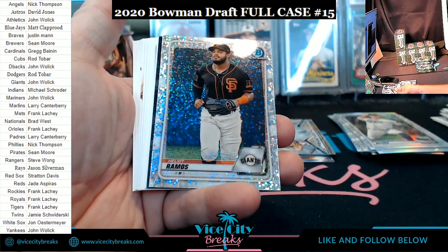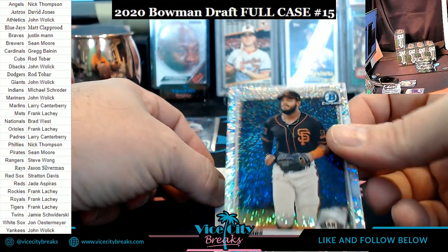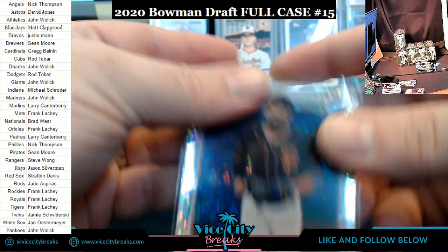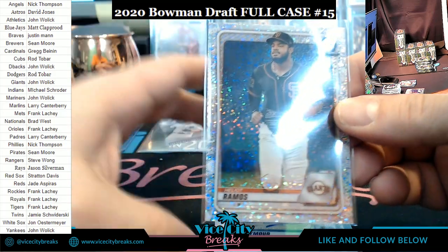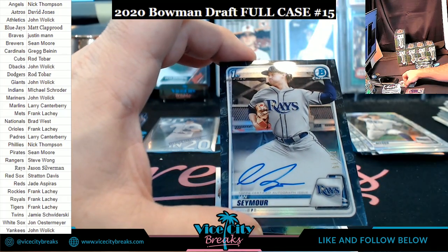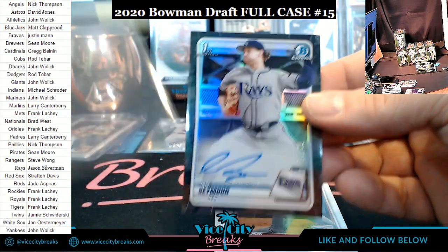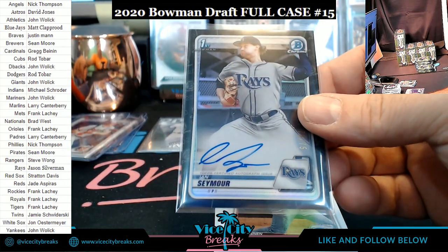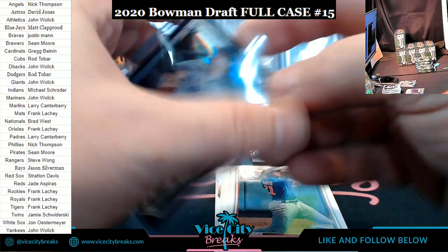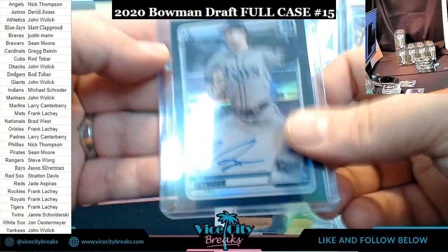Ooh, black autograph. I do like the black ones. I am a fan of those. And we got a Ramos for the Giants and an Ian Seymour Rays, 72 out of 75. Not quite the eBay 101. Black auto. Nice one for the Rays. A little fanciness for